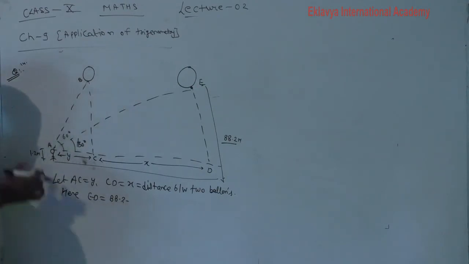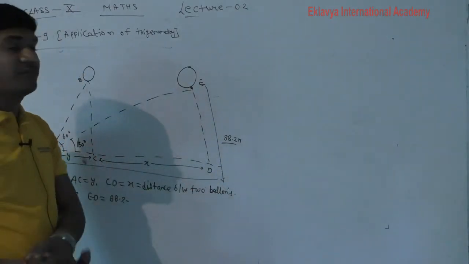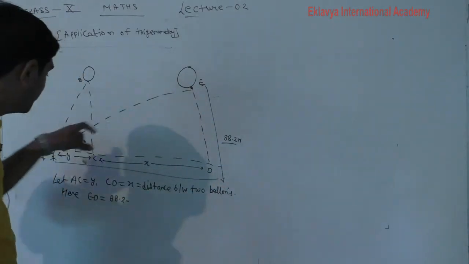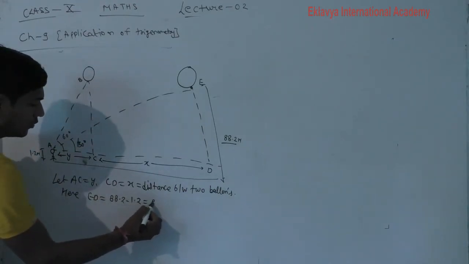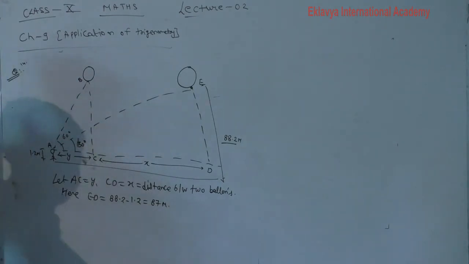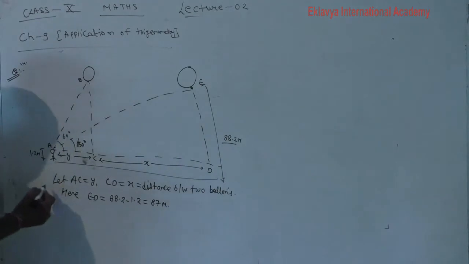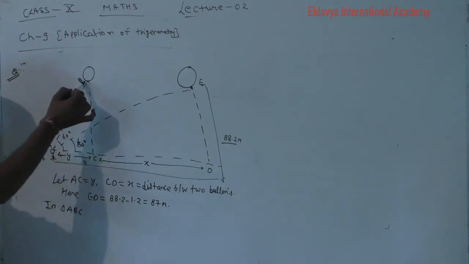How will we find ED? 88.2 minus the height of the boy, because 88.2 is the measured distance from the ground. So we subtract the height of the boy: 88.2 minus 1.2, which comes to 87 meters. After that, identify two right angle triangles. First, in triangle ABC,